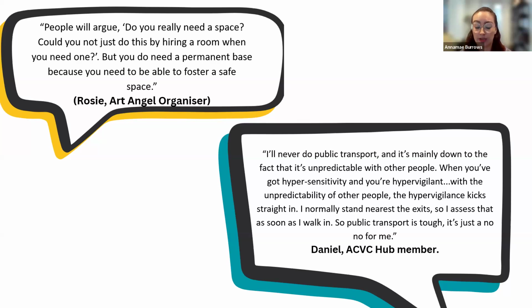So again, he was talking about the fact that although he had access to public transport and he was on a reliable bus route or a train journey, for him, his mental health needs just meant that wasn't possible for him. So I think it's really important to remember that, on the surface of things, people can have all the conditions that they need, but it's important to ask what their specific accessibility needs are, because it just might not be possible for them.